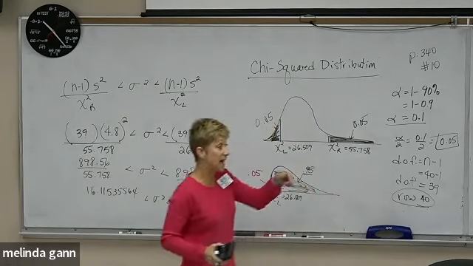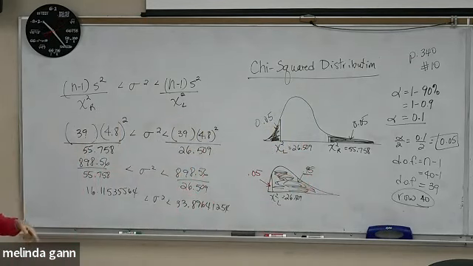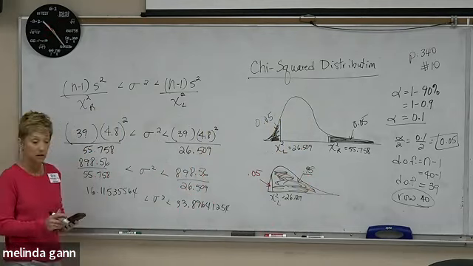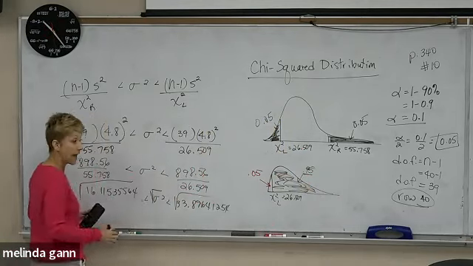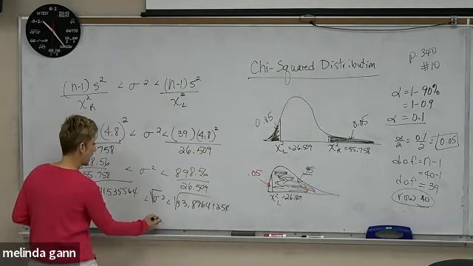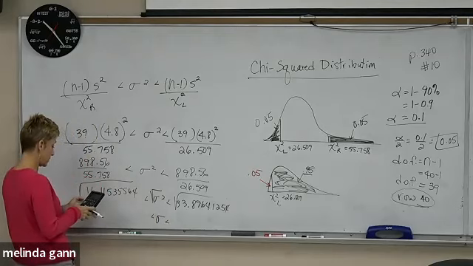Now, because sometimes it will, if it had said write a confidence interval for variance, I would stop and box that. I would be finished. But this one didn't say do it for variance, it said do it for what? Standard deviation. So like Mitch said, how do you go from variance to standard deviation? I've got to take the square root all the way across. And the square root of sigma squared is just what? Sigma. All right, so if I do the square root,